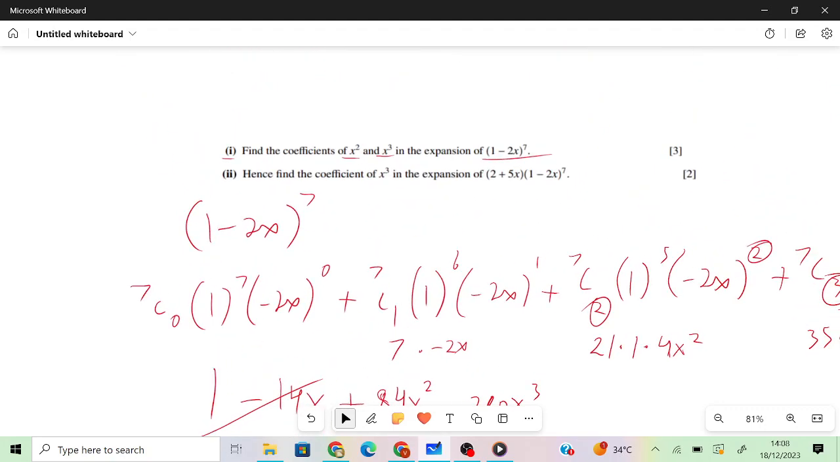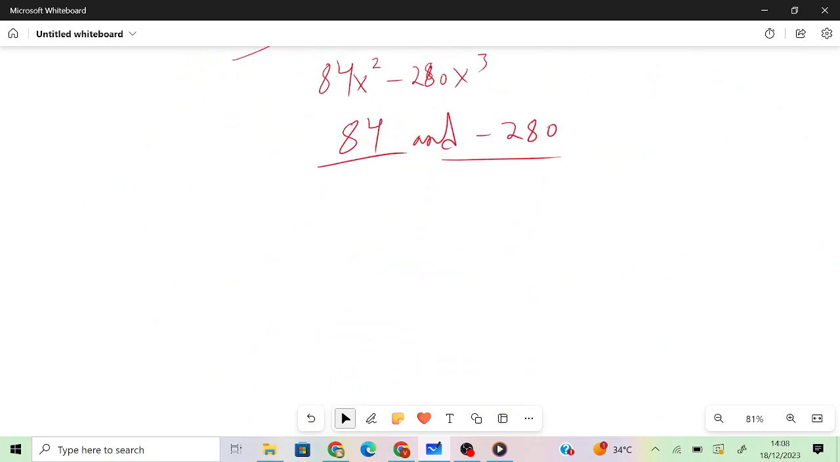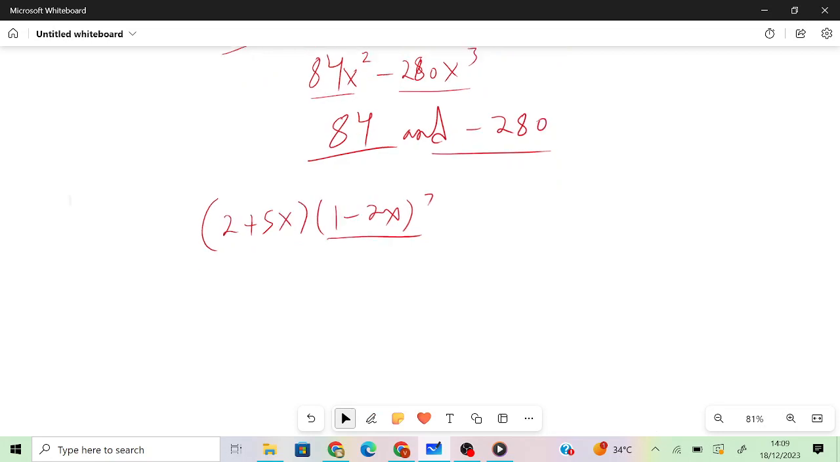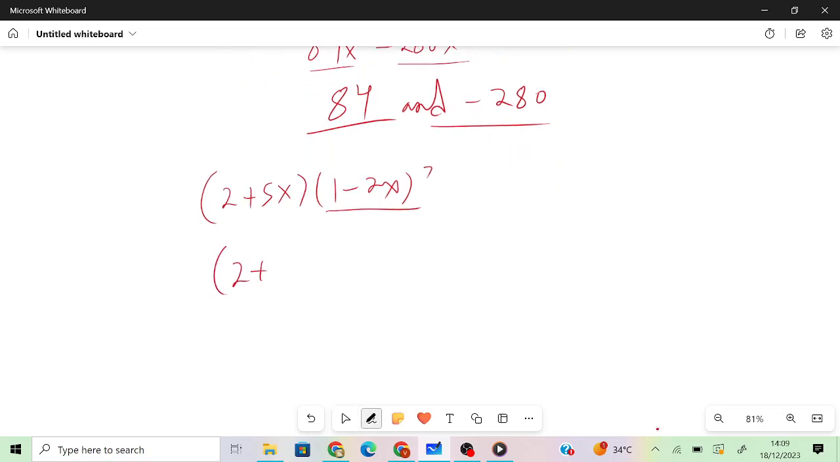The next part says, hence find the coefficient of x cubed in the expansion of (2 + 5x)(1 − 2x)^7. So again, we're having something like (2 + 5x) into, was it 1 minus? Yeah, (1 − 2x) all to the power 7. And because we did expand this to two terms of 84x squared minus 280x cubed, we can just input that here. So (2 + 5x) into 84